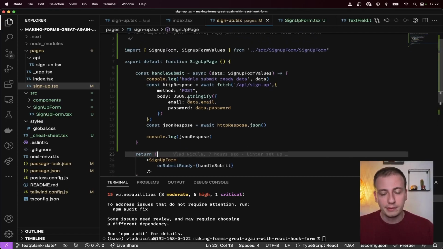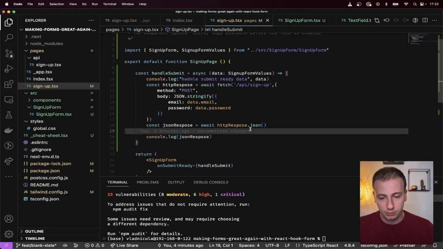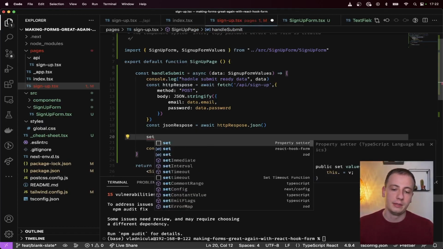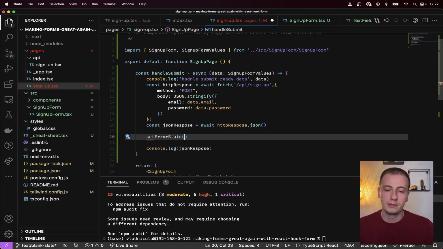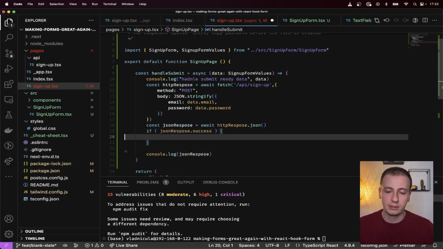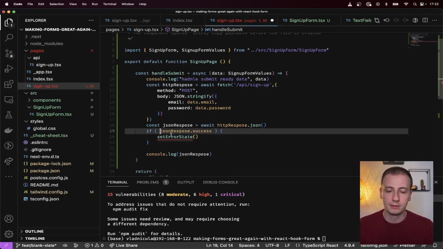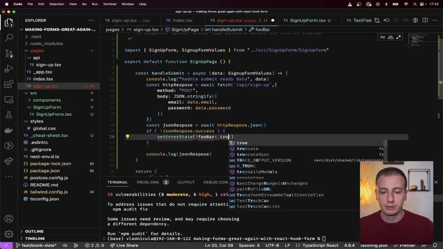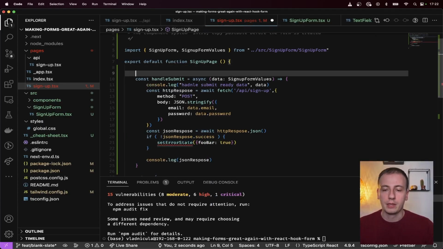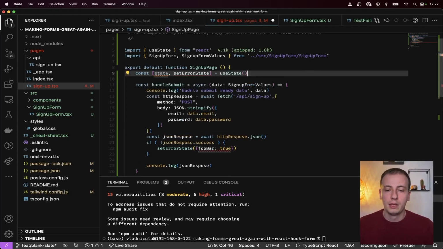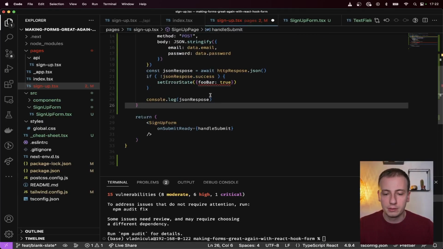Oftentimes, when I teach this to students, I see people setting a state here, set error state, and then if this JSON response success is not true, they would set an error state. So if this doesn't exist, we might do something like foobar or something. Anyway, and then they'll have a state here, use state, and then they will pass this state down to